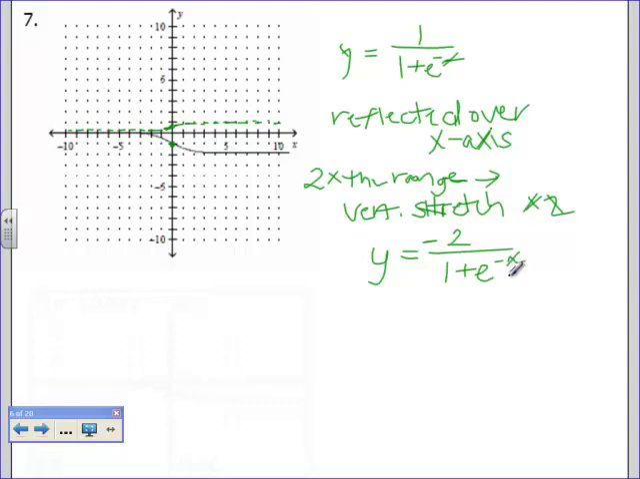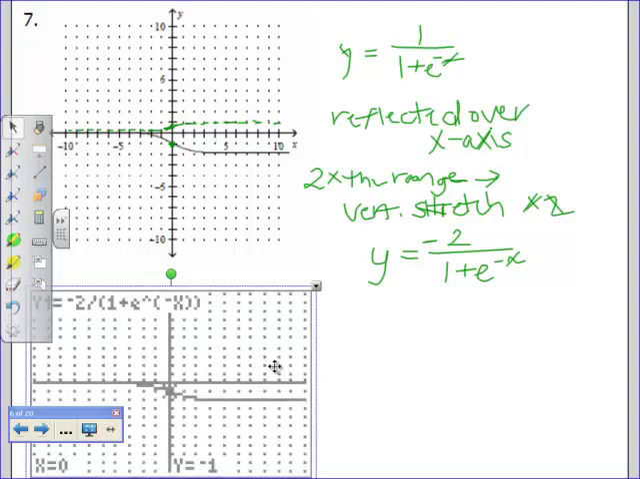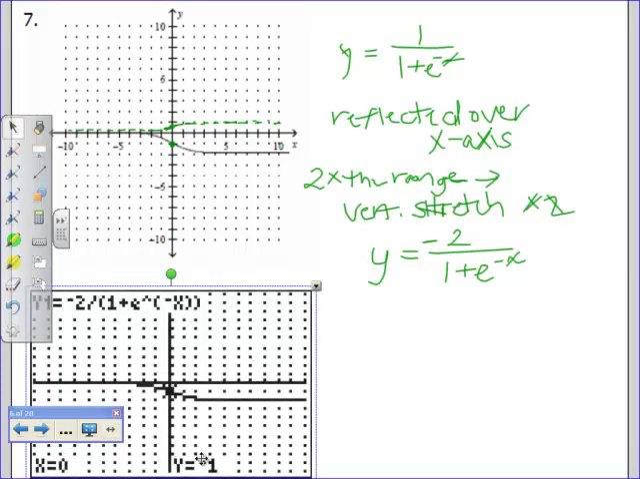Now e is still to the negative x. Graph this to check to make sure it works. Again, I've turned on the grid. The graph of our function should match the graph of what we were given, and sure enough it does. You see traced here is the point 0, negative 1, that was reflected on the original graph. We only have one more example to go,